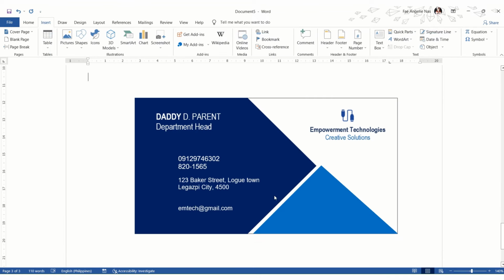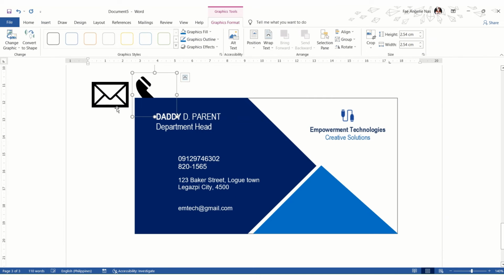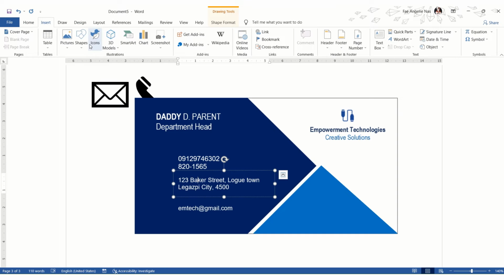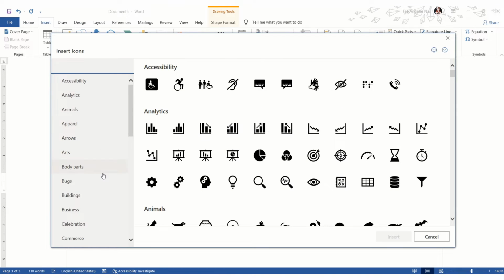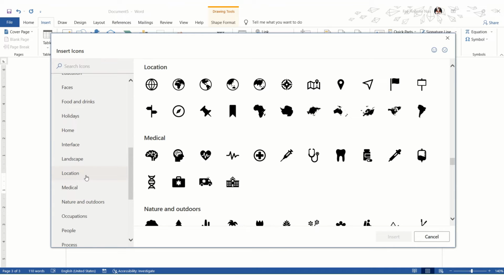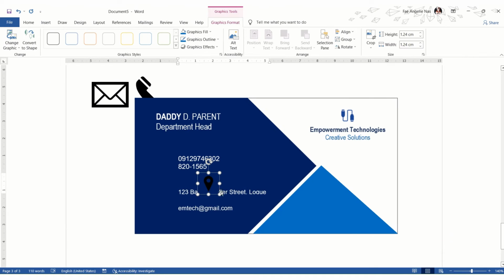And then I would also like to insert something that would represent the location of the office. So I can also insert something that would represent the location. So let us go to location. So let's see, for example, this one. Excuse me. So since my background is dark,